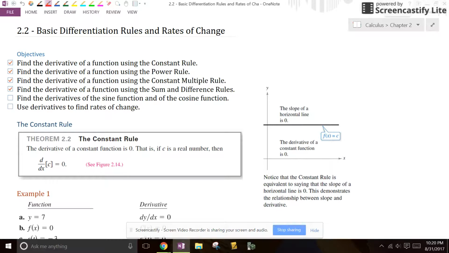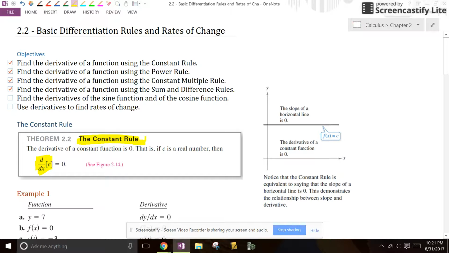So here are some of the rules, and there are a lot of them, so we'll just take our time and go through some. The first one I'm going to show you is called the constant rule, which you can see right here. What it says is that if you take the derivative of a constant, then the answer is always 0,